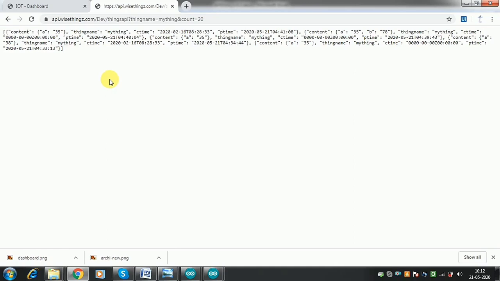Okay, so now let us move to the next part. Now I am typing all this in the URL, so how can our device do the same thing? How can our devices send data, how can your gateway send data to our platform? Let us have a look at that.